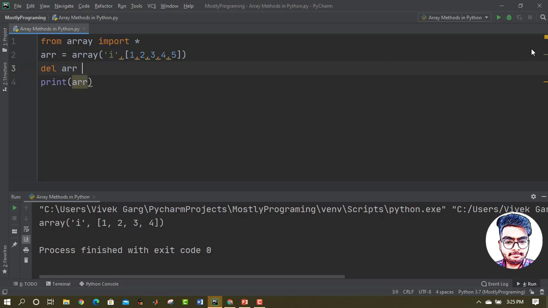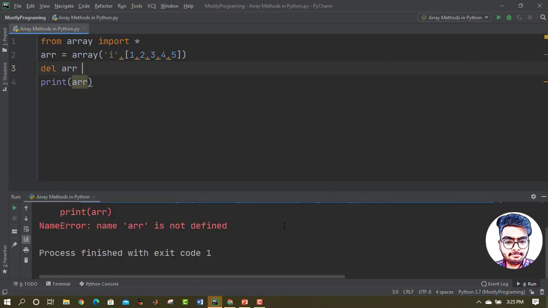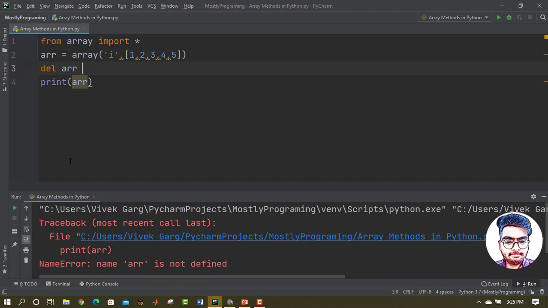Then when I try to print it, you will see that we will get an error. NameError: array is not defined. After this third line of code here, the array does not exist because we have deleted the array. So I hope the toList method, index method, the insert method, the pop method, and the del keyword are now clear to you. Let us move on to our next topic, which is